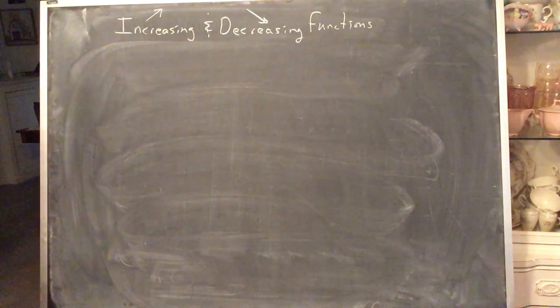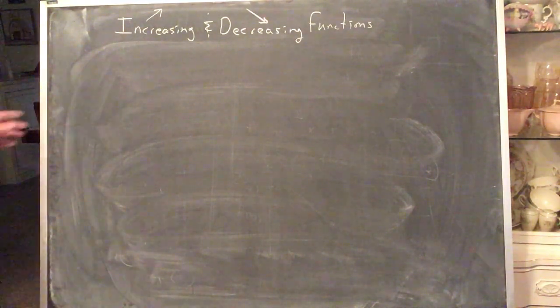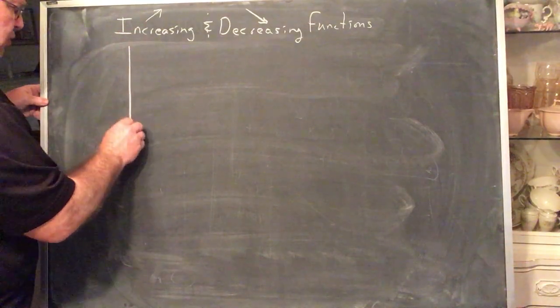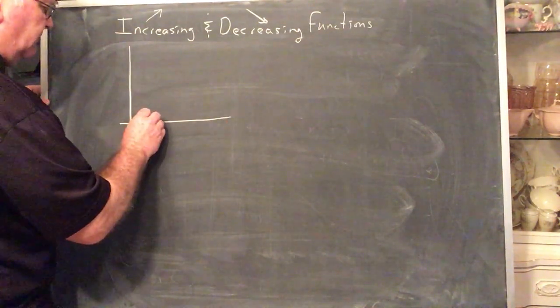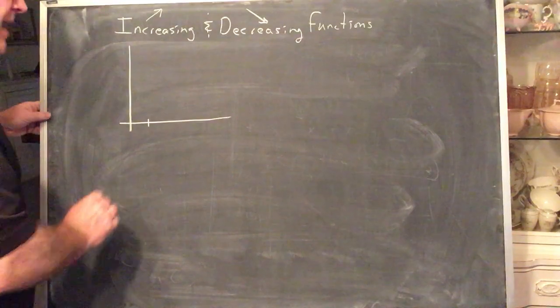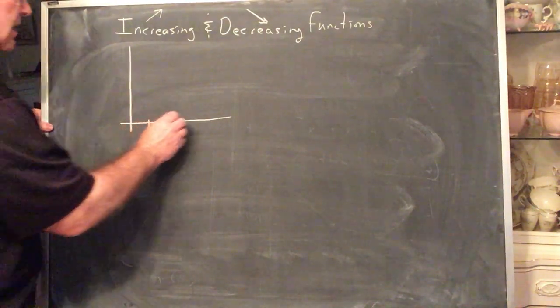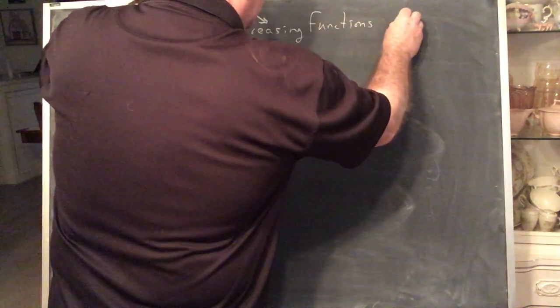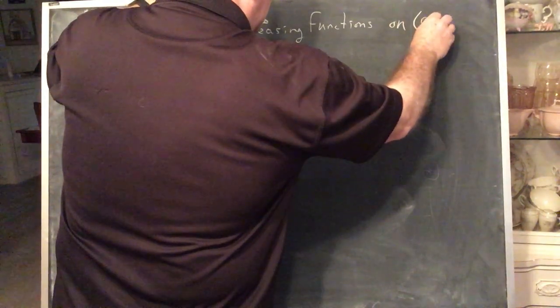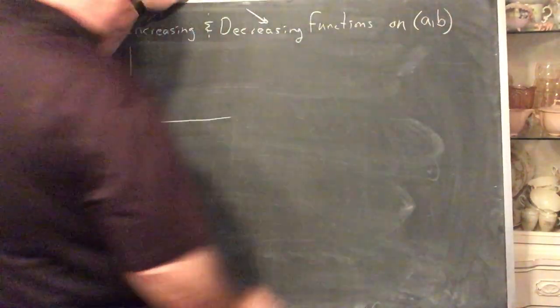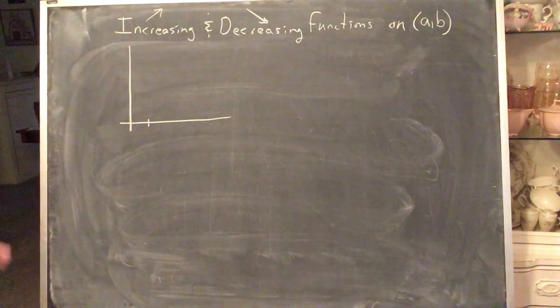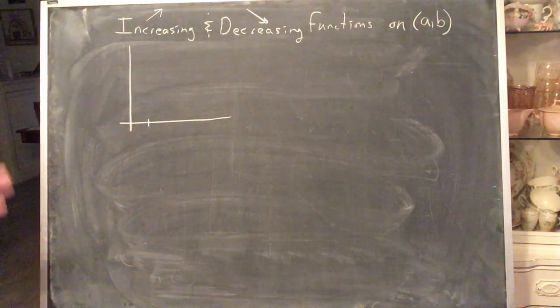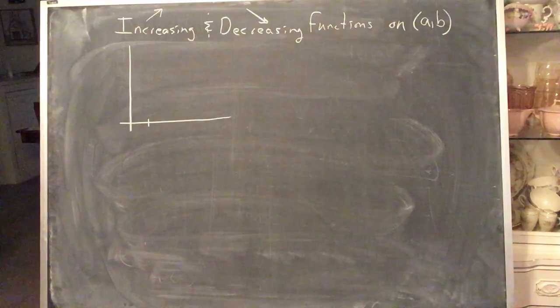Okay, our next piece is to figure out how we can use the notions of the calculus to work with these increasing, decreasing functions. Now, the first piece is, let's draw a couple pictures here and see if we can get a feel for it. For now, let's assume that we're talking about the open interval A to B. It doesn't need to be an open interval. It doesn't need to be an interval of finite length. But for now, to make the pictures a little more straightforward, let's assume we're in the open interval from A